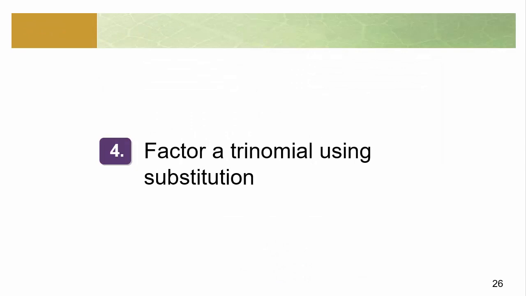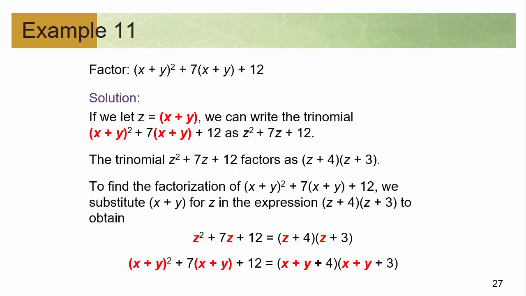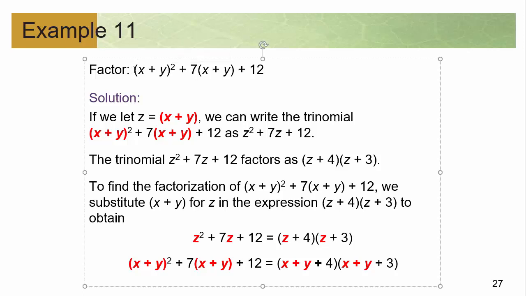Okay, how about factoring a trinomial using substitution? Well, the only time we really do this is when we recognize something as a trinomial in this weird form. So hopefully you can see that I have something here that's being squared, and then I have that same something being multiplied by a constant term, and then I have just a constant term. Well, that's a quadratic in disguise, because it's got something squared plus a linear term plus a constant,